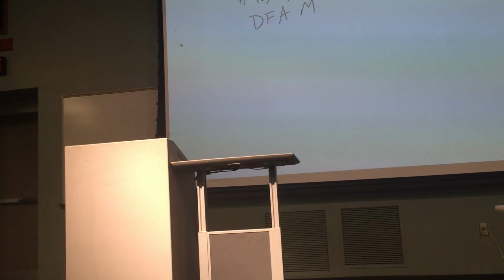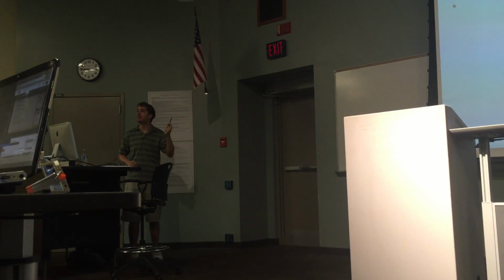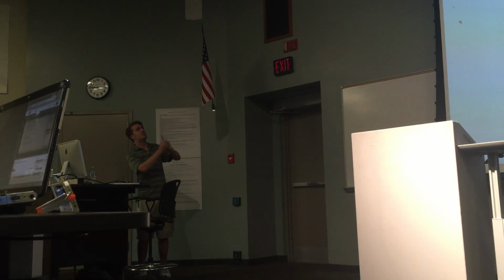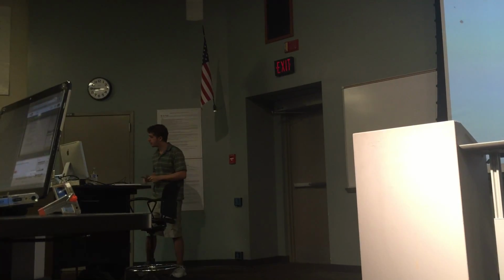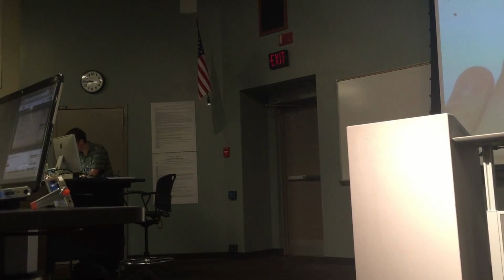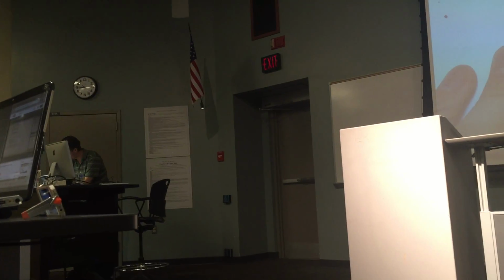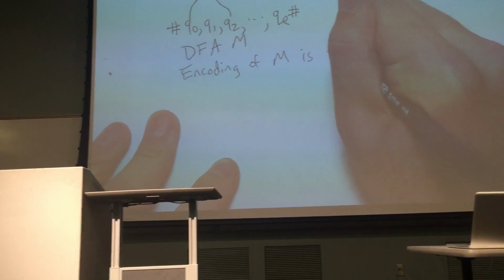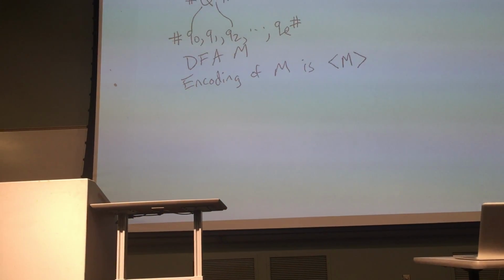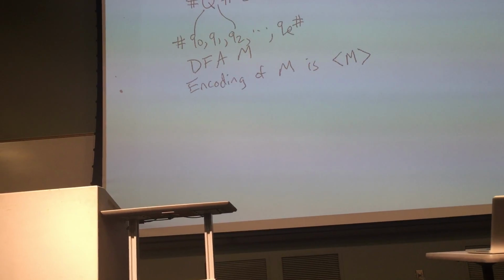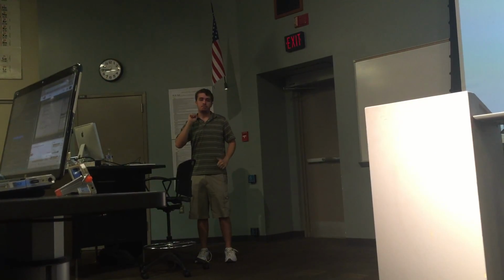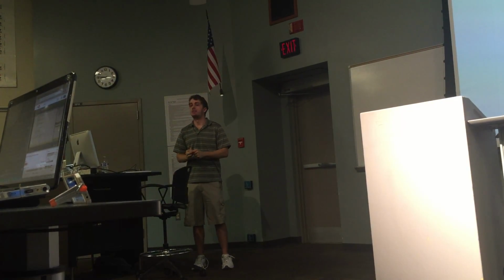And so if I want to give a high-level description of a Turing machine that actually asks questions about this DFA, I need some way of writing a string representation of this, and I don't want to write this long string every single time. So we're going to write the encoding, the angle brackets around M, less-than symbol, M, greater-than symbol. And what these angle brackets represent is the string representation of that machine.